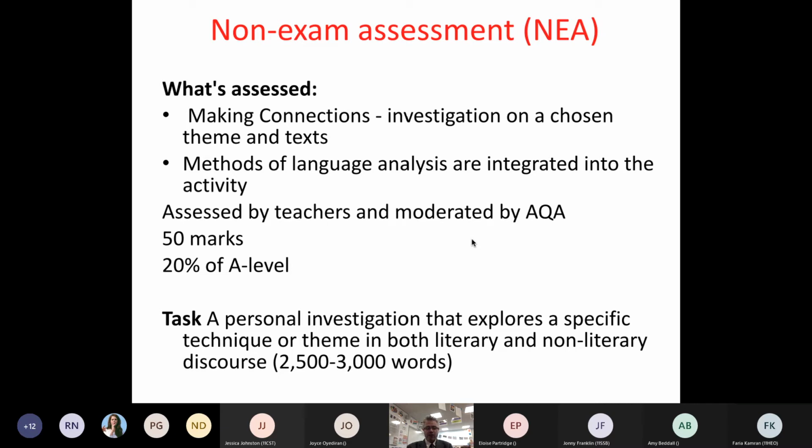Now, on 2 occasions, you're allowed to hand it in and get some help. We're not allowed to mark it and write all over it with loads of detailed feedback. We can't do that, but we're allowed to give you structured verbal feedback. We can talk to you and give you advice, and we can put some pinpoints on there of suggestions, but we're obviously not allowed to go too far and tell you what to write word for word.